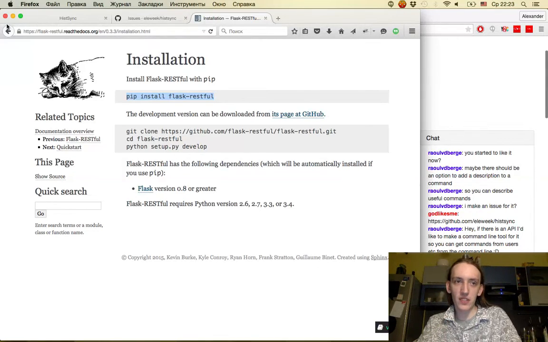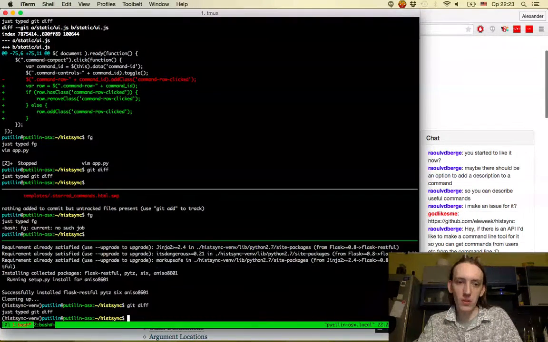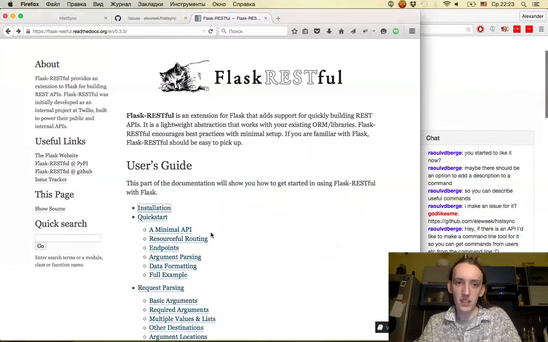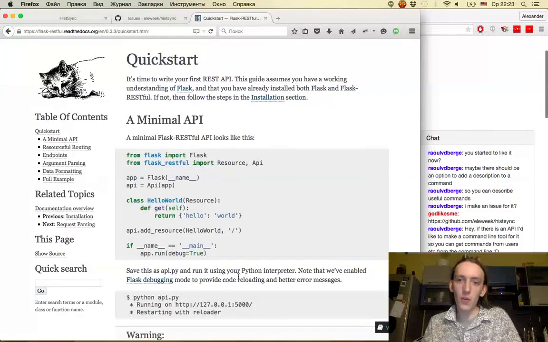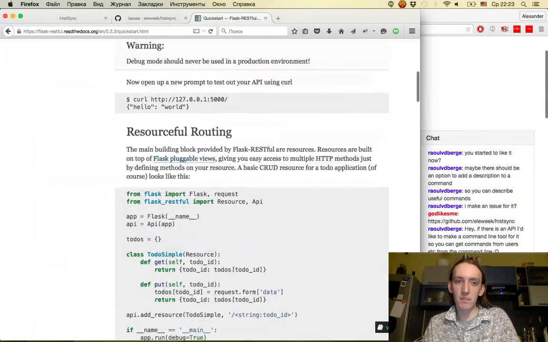So we have this plugin install. Okay, let me do pip freeze requirement.txt. Okay, quick start. So I have read about this thing before, but